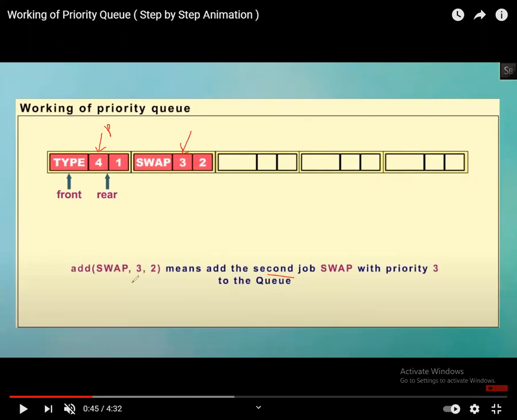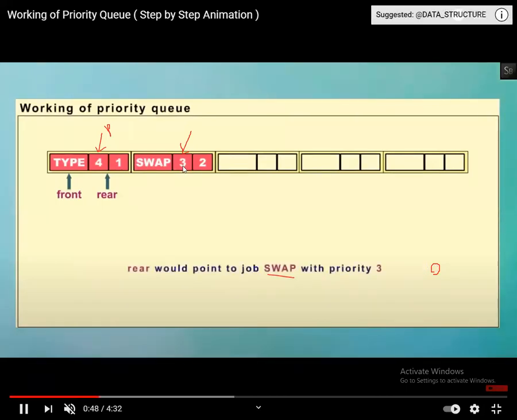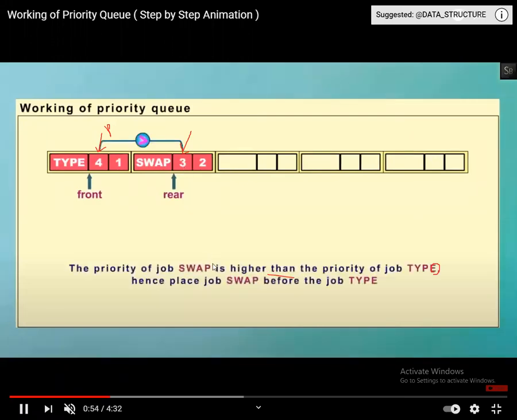Add swap with 3 2 means the second job, swap, with priority 3, is inserted into the queue. Let us see what happens internally when you insert it. As I said, the lower the priority number, the higher the priority. Since 3 has more priority than 4, after insertion the priority of the new job is higher than the priority of the job type.